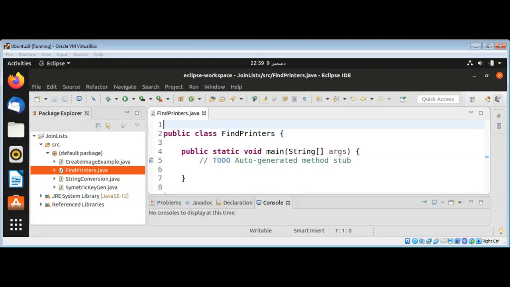In this video, we will learn how to discover all the available printers in Java. We will use the PrintServiceLookup class. First, I will import javax.print.PrintService,